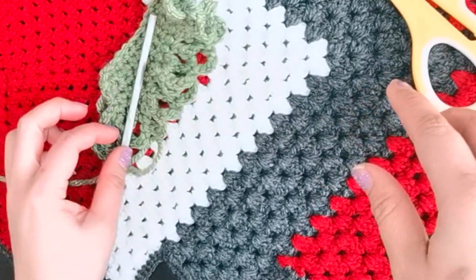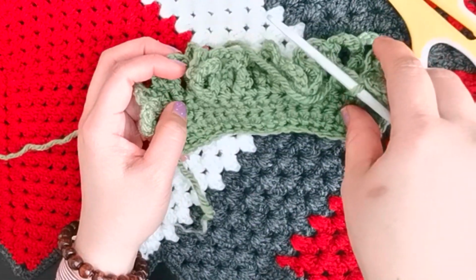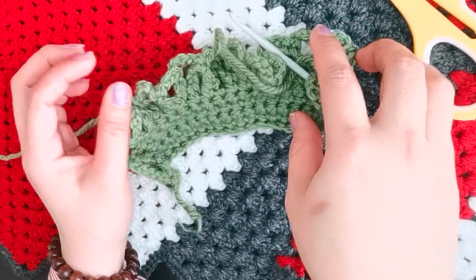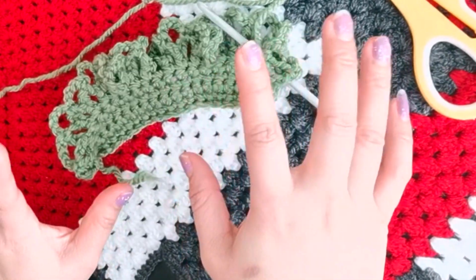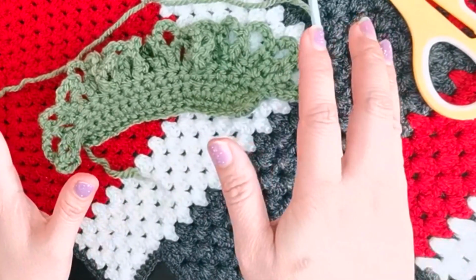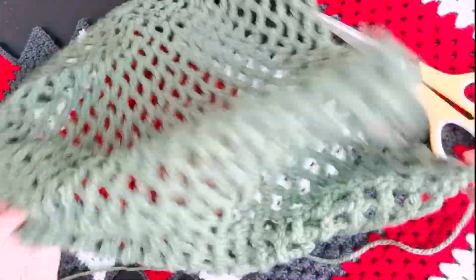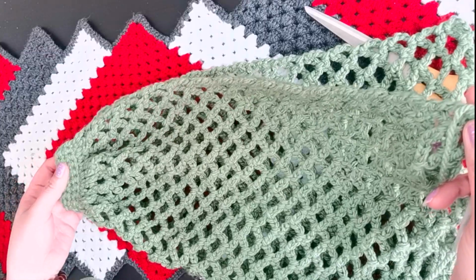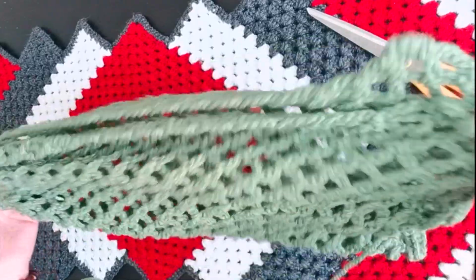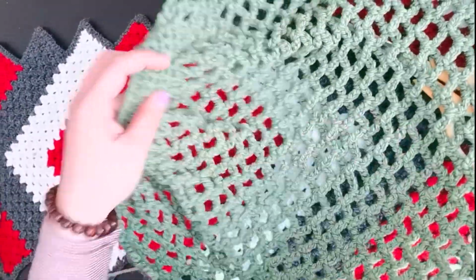So I'm going to do the same pattern until I finish row 32 to 40. It depends how long or how big you want your net shopping bag. But I'm going to crochet until row 32 to 40, in between, depends. So guys, this is what it looks like. As you can see, this is row 32. I'm at 32 rows now, so I think it's fine with me, this size, because I just want a small size, and it's net, so it will be